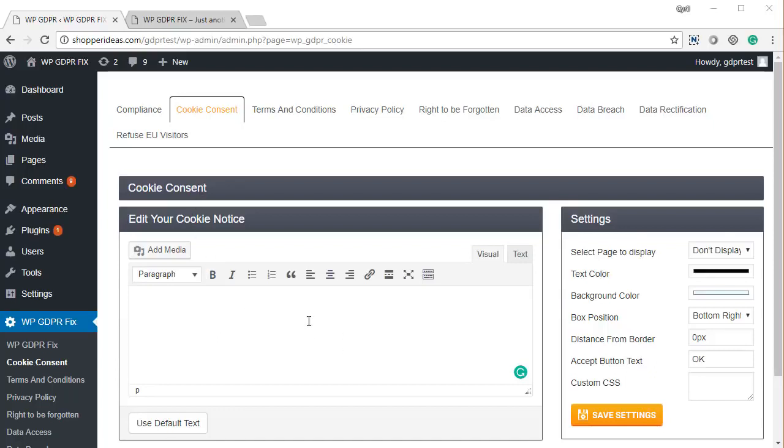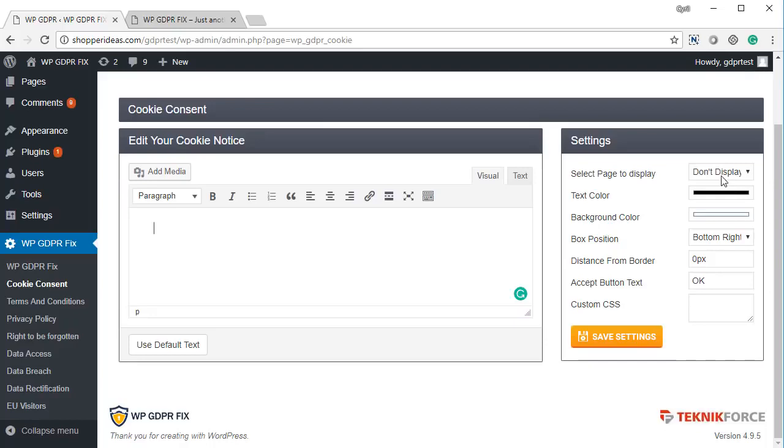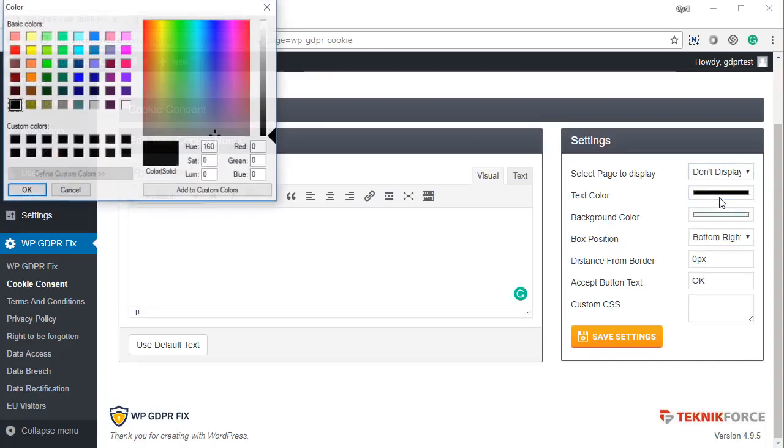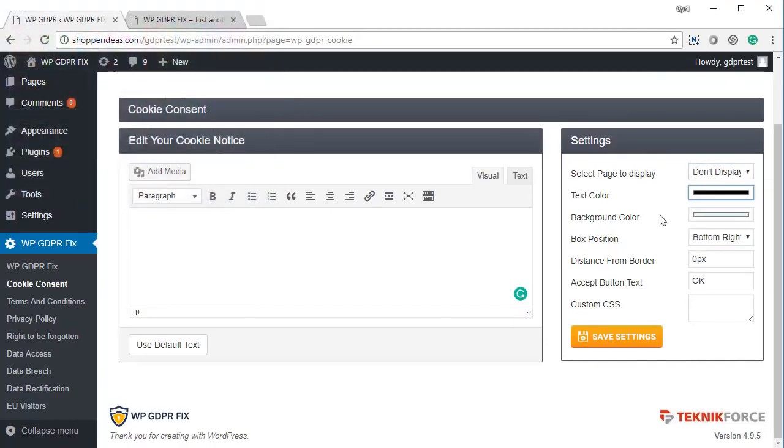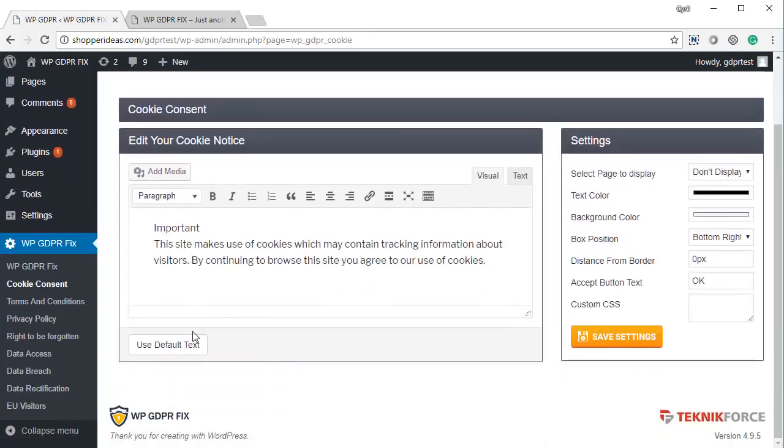So when you come to cookie consent, you can set up your own message here. You can even set up your colors, what color text you want, what color background you want, where exactly you want this to appear. All of these settings are possible. And we even have a default message. So if you don't want to think of your own message, you can use the default text. And when you're done, just click on save settings,